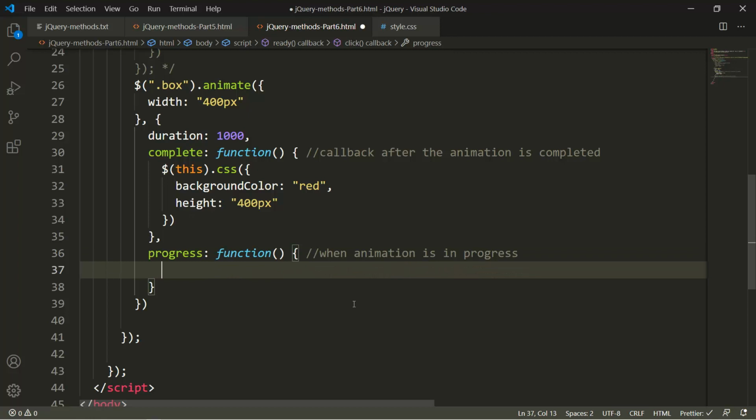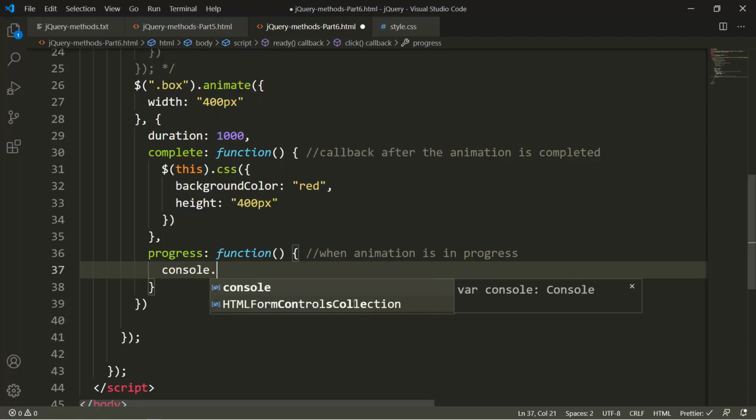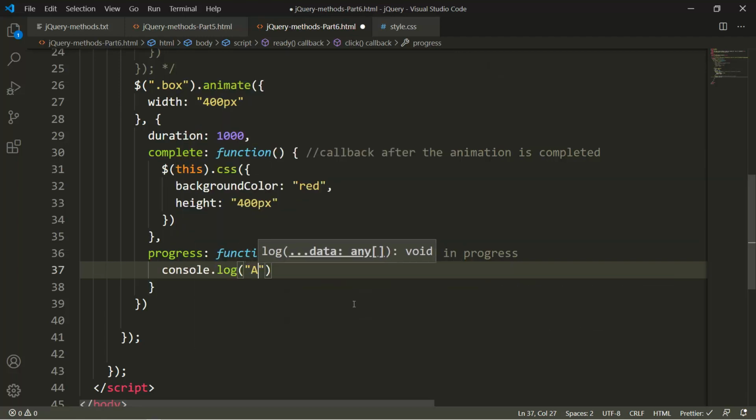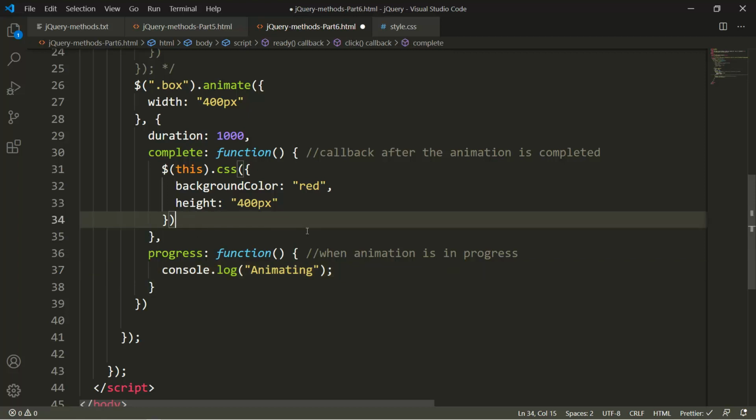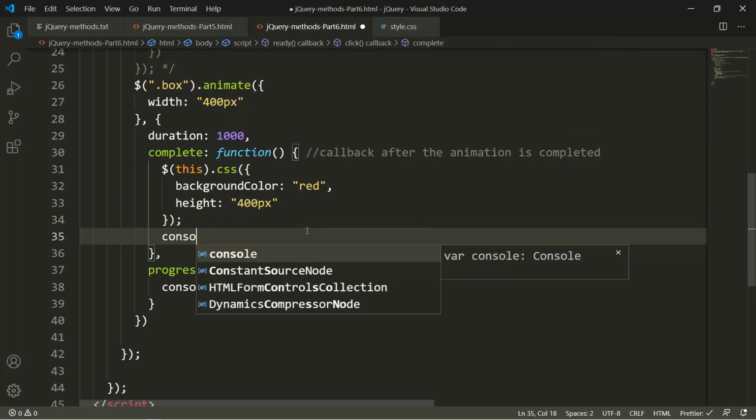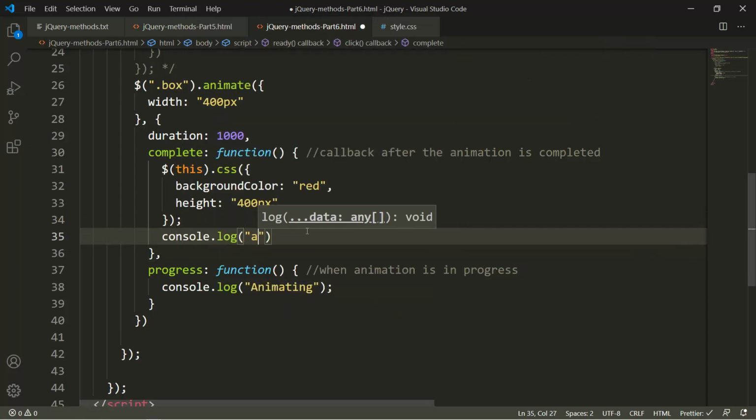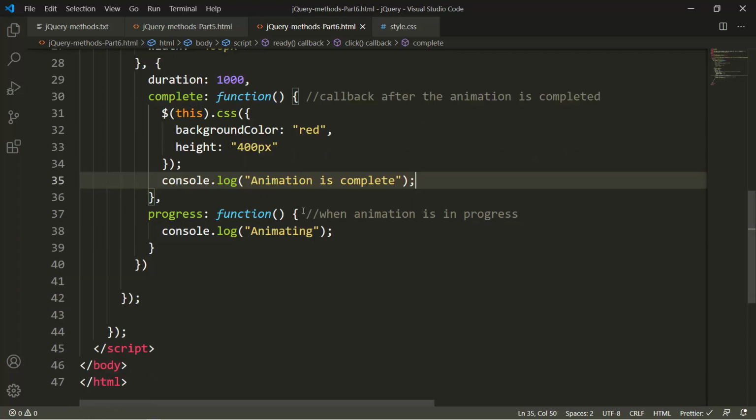So when the progress function is called, I want to do console.log animating, and when the animation is finally complete, I want to do console.log animation is complete.